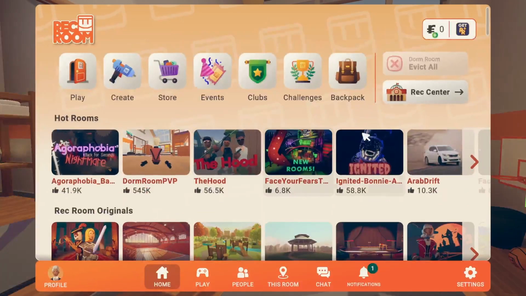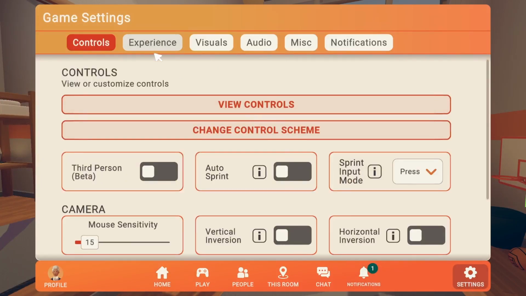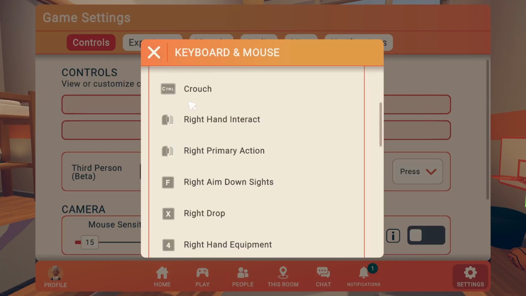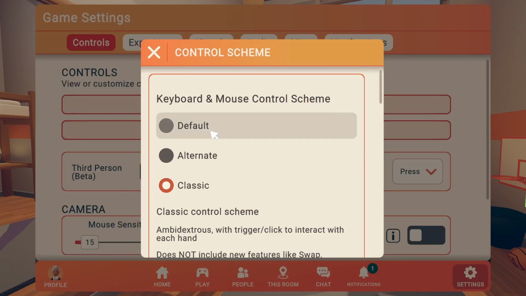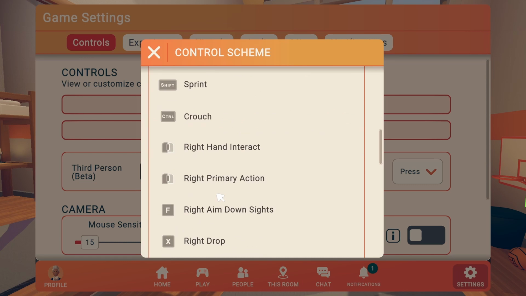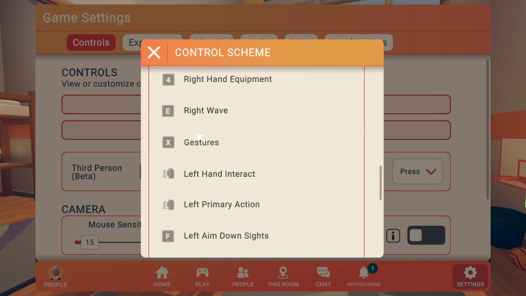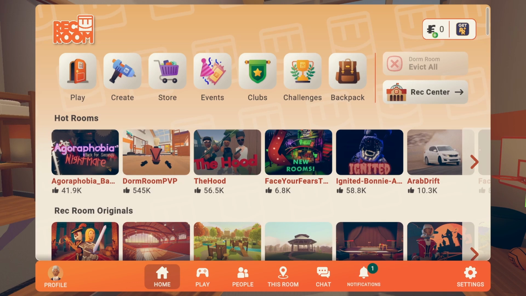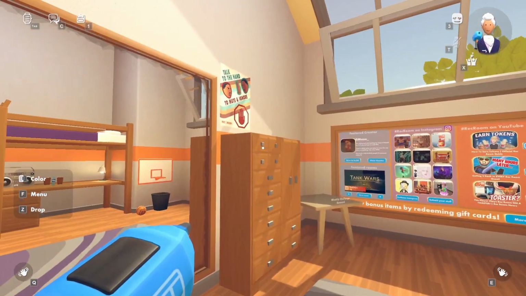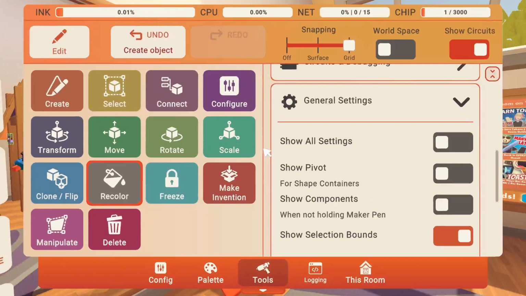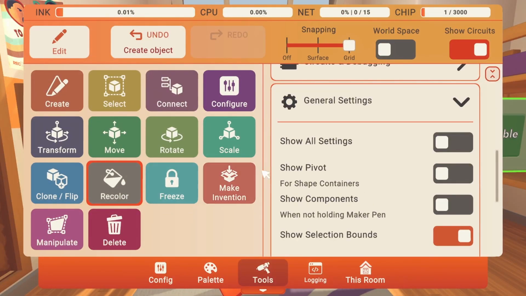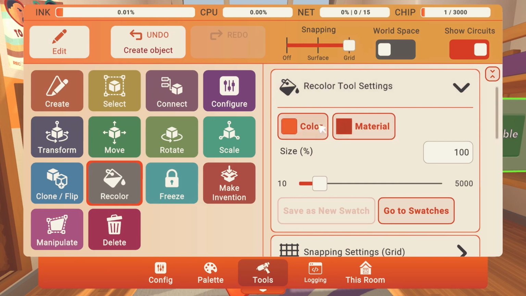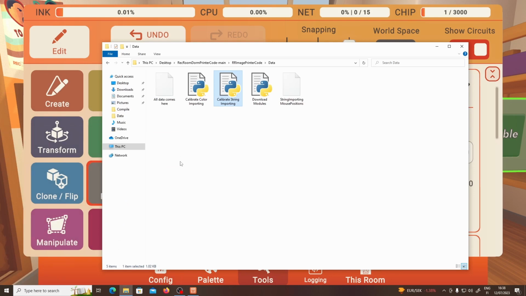Now for the next part we are gonna calibrate the color implementation first. You will need to make sure you're on the classic control scheme. You will know if it's the correct control scheme if your MakerPen menu opens with F. And once you confirm that, then you can take the recolor tool and just make sure the little side scroll thing is at the top. Then go to the data folder again,